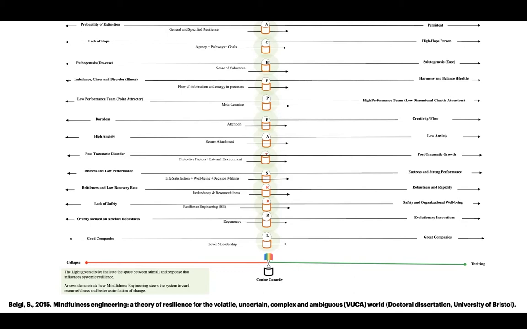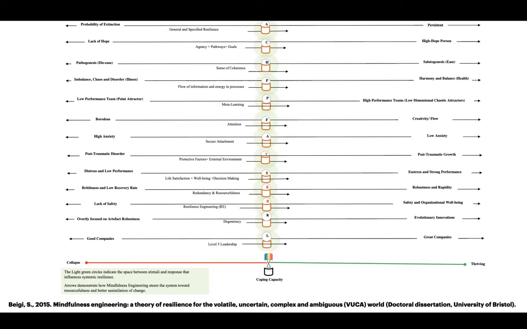Level 5 leadership is another concept that I looked at when I was designing this model, a leadership model based on meta-awareness that puts the leader in a highly mindful state, able to be open to the flow of information coming to the environment of the organism. Toward the thriving end of the spectrum, the outcome is